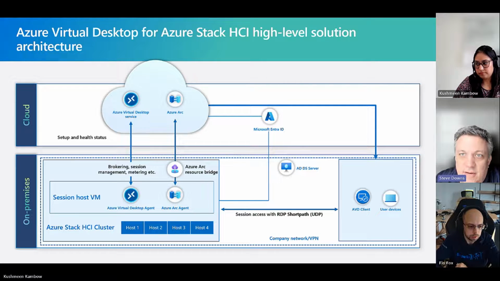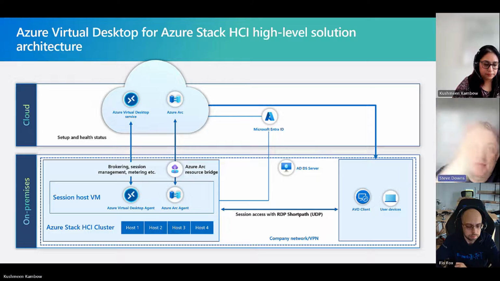RDP shortpath is a relatively new capability of AVD. You can use it. It's the new default protocol for Azure Virtual Desktop, but it's a UDP-based protocol that, as this diagram shows, is direct from the client to the session host and vice versa.